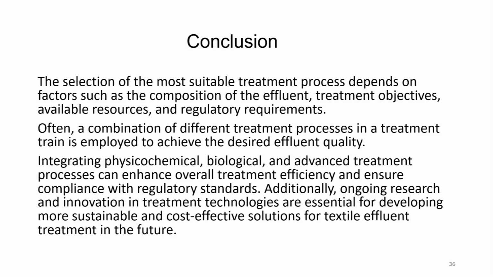Integrating physicochemical, biological and advanced treatment processes can enhance overall treatment efficiency and ensure compliance with regulatory standards. Additionally, ongoing research and innovation in treatment technologies are essential for developing more sustainable, cost-effective solutions for textile effluent treatment